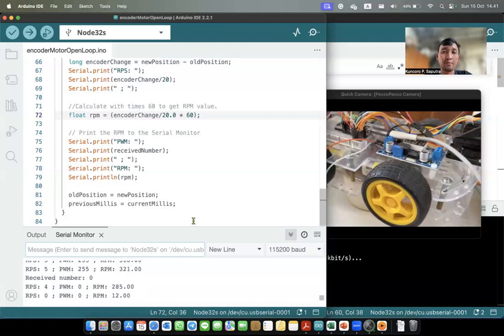So if we use an open loop controller, we cannot control the rotation when the wheel has a load.